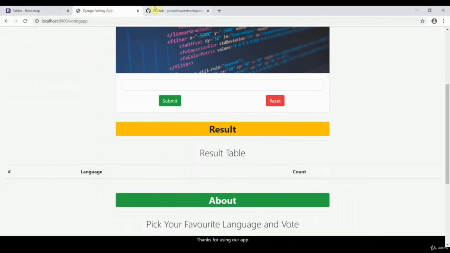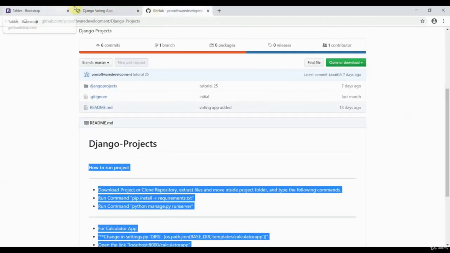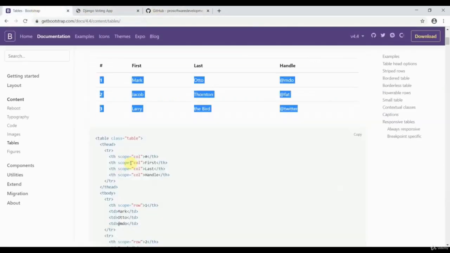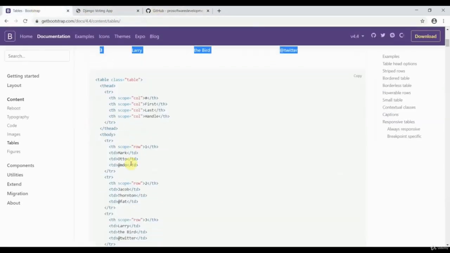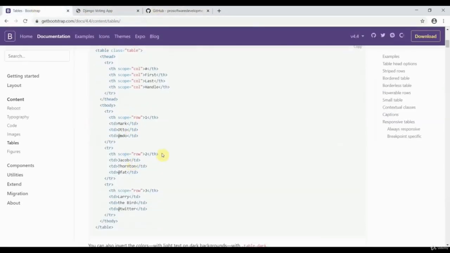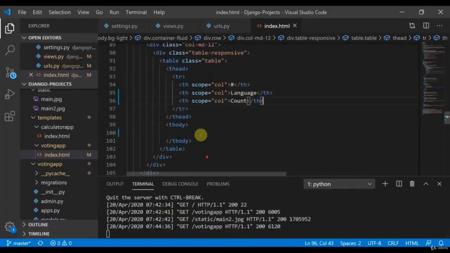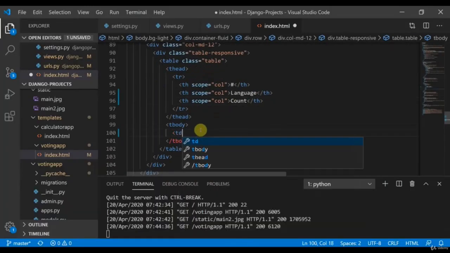So what we are going to do next is add data. Okay, so we are going to add data row wise. Particularly, this is the table row. Okay, so first is the table data, this again a table data.